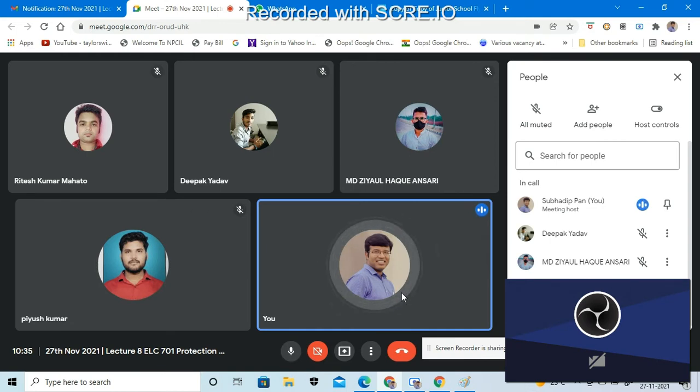share my screen so that you will be able to see what distance protection is. In distance protection we have a consideration of an impedance relay and a mho relay. So two different types of relay are implemented in the distance relay. We are considering a radial distribution system for distance protection, so having a single source. We mainly emphasize one simple radial distribution system which is fed from a single source.